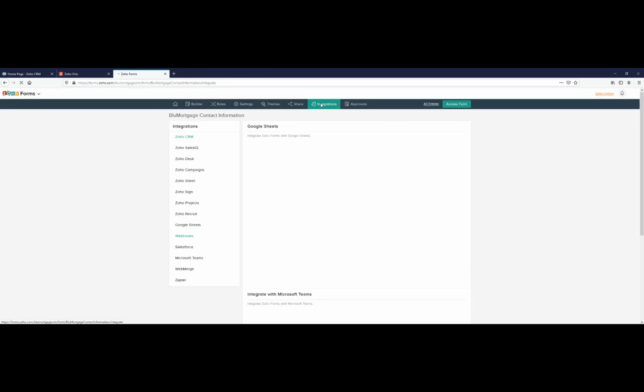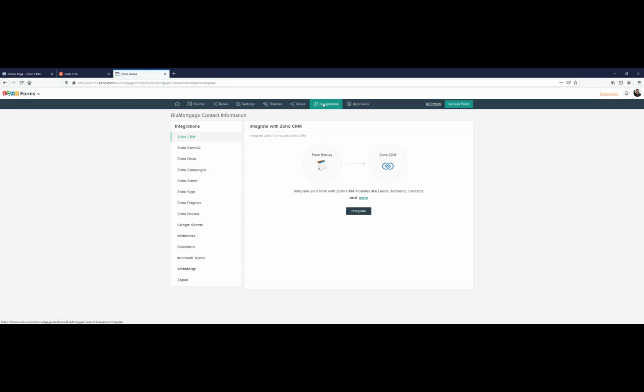And so then finally, integrations. This is really where a lot of the fun exists. So we were able to come in here and say, okay, I collected all this information. Great, I love it. But this is my favorite part, actually doing something with it. And so when I come in here, I can say I want to integrate the form that I just created with the CRM, and that's the default. You can see there's a lot of other options actually, so it's quite extensive in what you can do. But the idea of it is